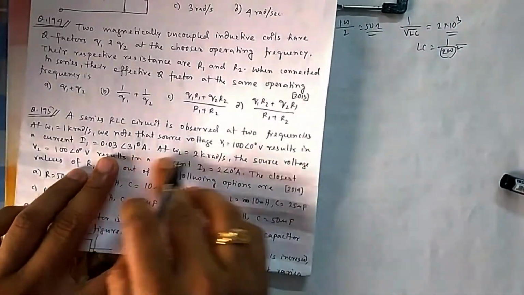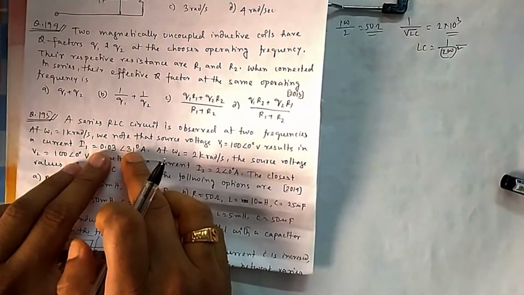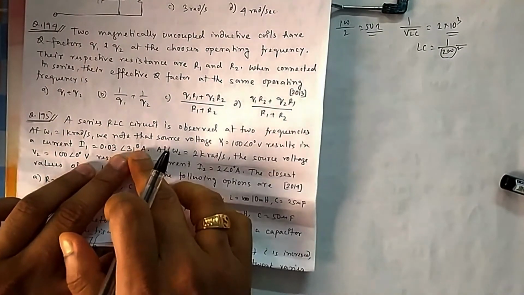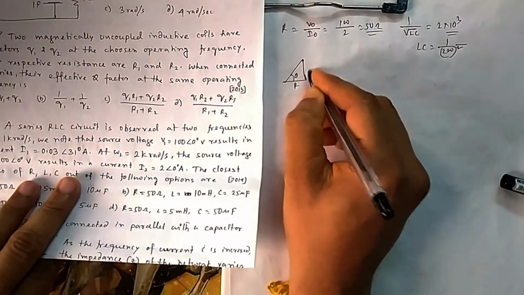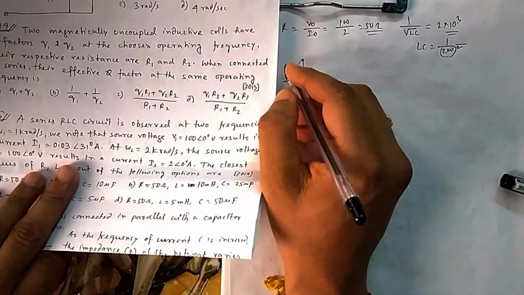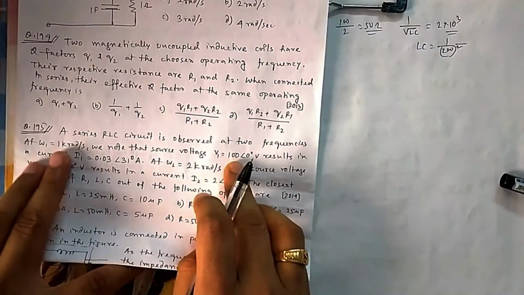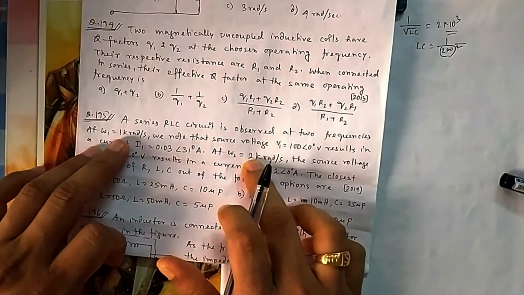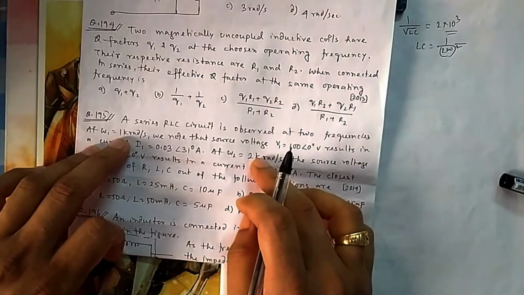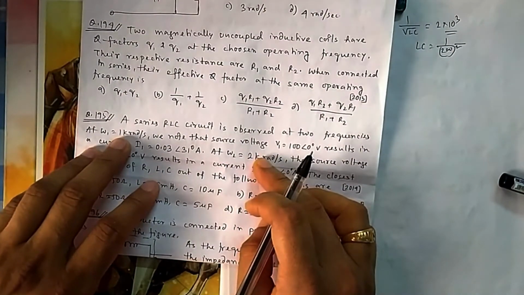The next equation is that if your omega is at 1 kiloradian, then there is an angle of this one. So what is the angle? That is 31 degrees. So Z is at 31. This angle is at 31. So this is R, this is X, and this is your Z. Because omega is less, it is capacitive, because your resonant frequency is 2 kiloradian and you are applying 1 kilo. Below the resonant frequency, as we have discussed, the circuit remains capacitive.